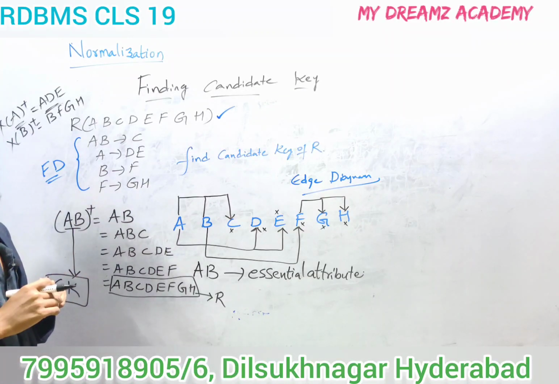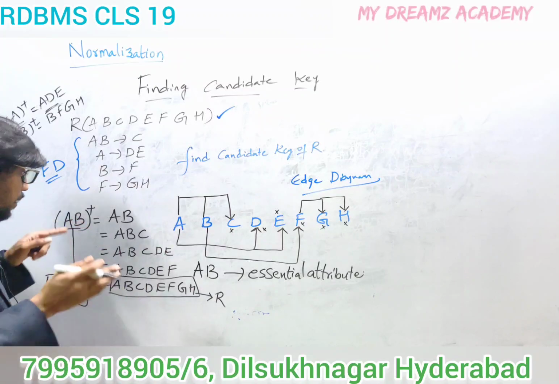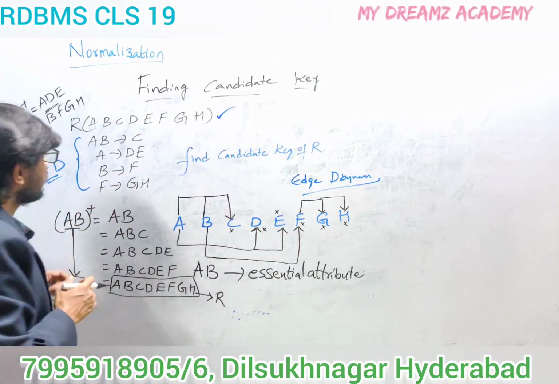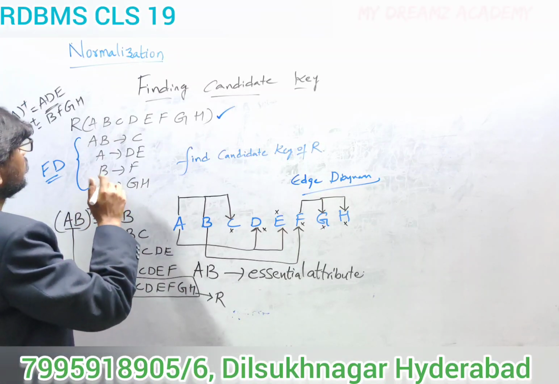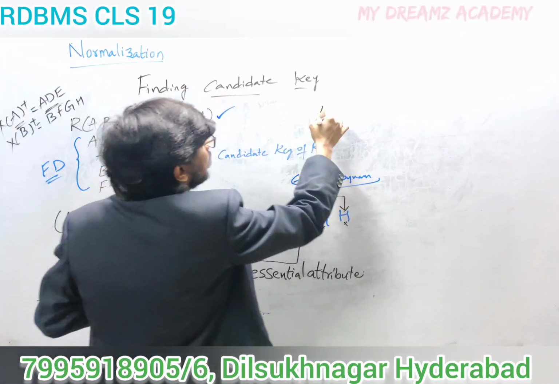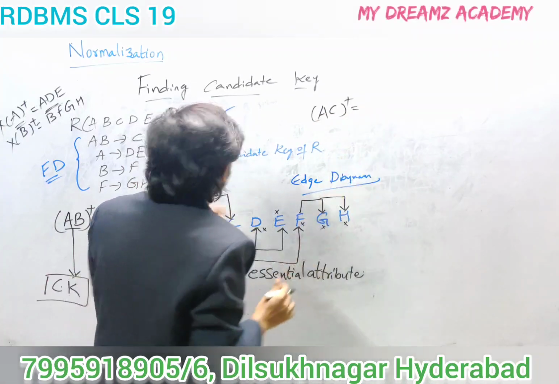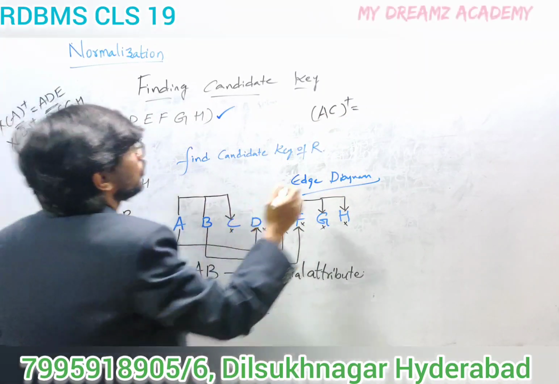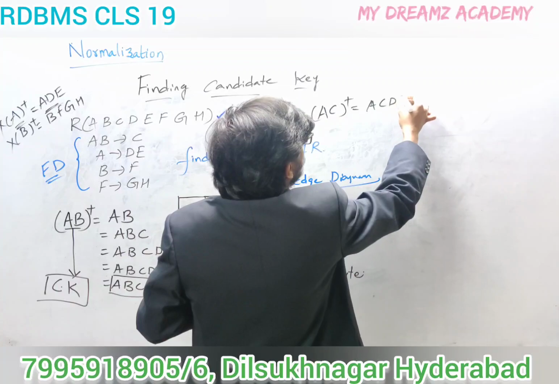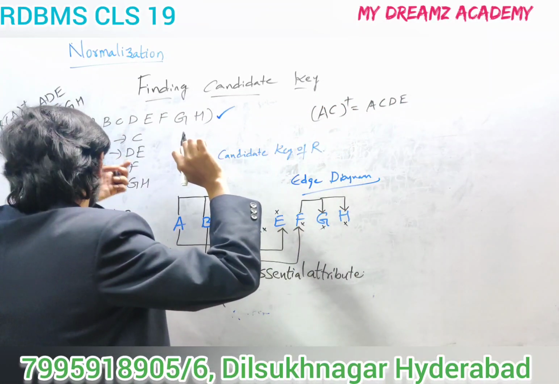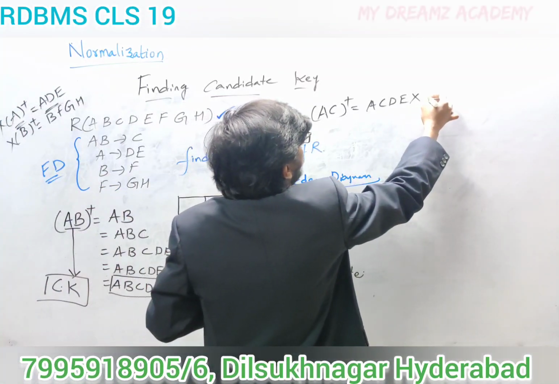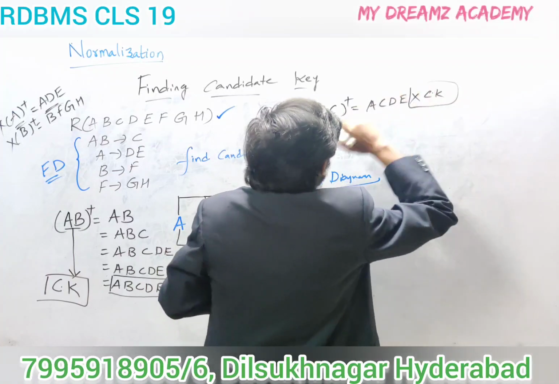So A cannot be a candidate key, B cannot be a candidate key, but A and B combined can become a candidate key. Right. Now AB is a candidate key. Now look for another set, like AC. Is AC a candidate key? From AC I can have AC, and from A I can have DE, and B, no, there is no B here. So AC cannot become a candidate key.